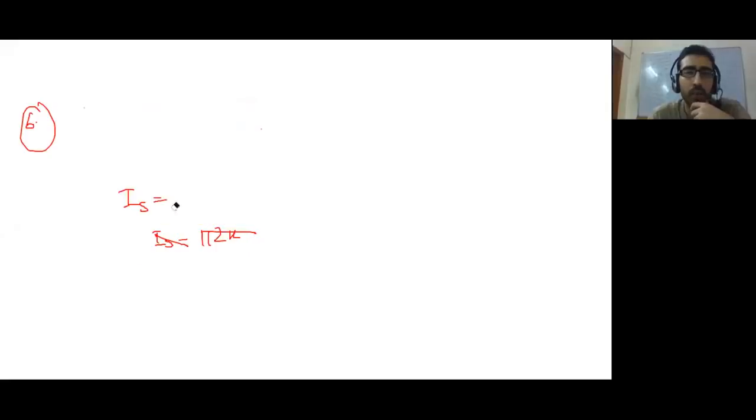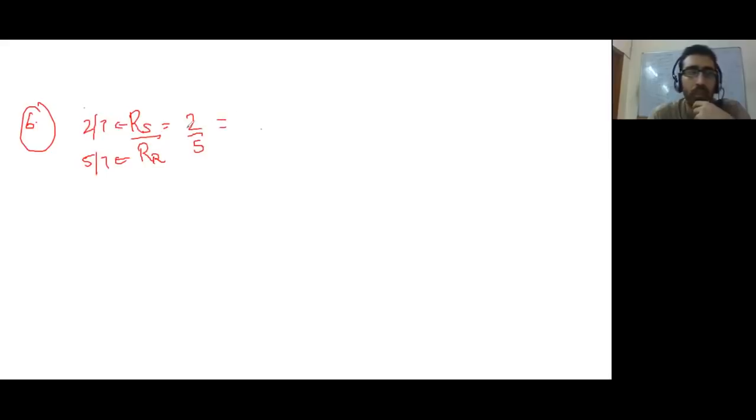So if Shyam is enjoying 2/7 of the profit, it means the return enjoyed by Shyam upon return enjoyed by Ram is 2/5. Because if Shyam is getting 2/7 of the profit, Ram must be getting 5/7 of the total profit. So 2/5 must be the investment done by Shyam for 4 months upon investment done by Ram, which happens to be 16,000. Let me just write it as 16K.